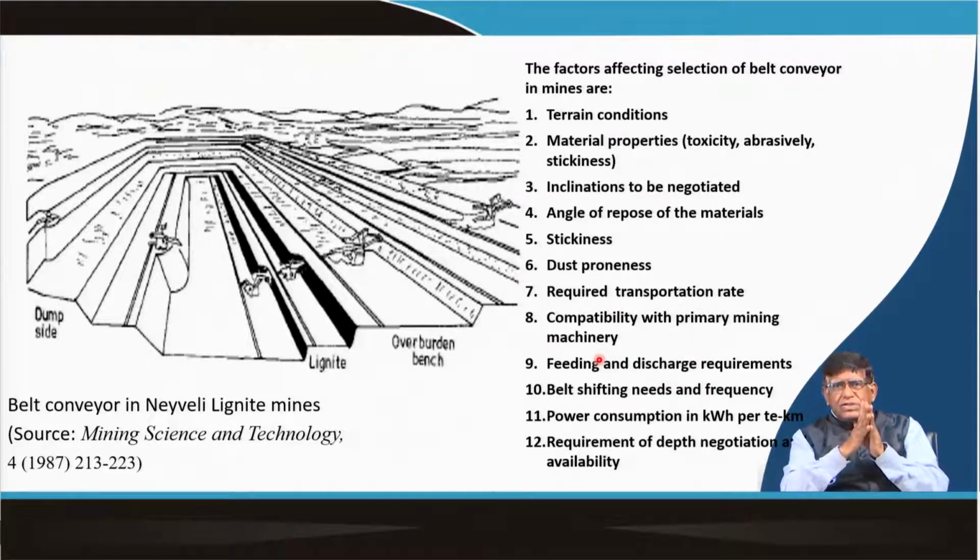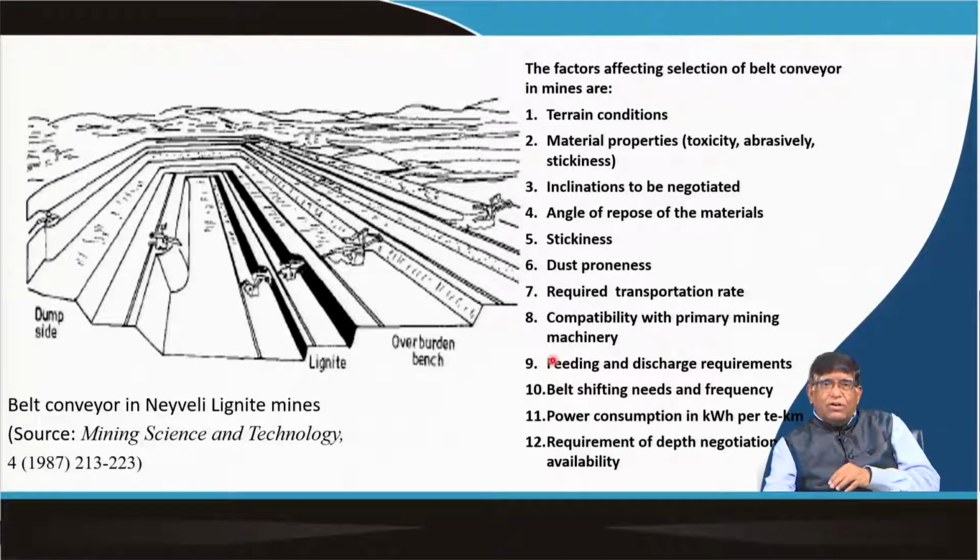So, that means if we are to do a shiftable conveyor belt, these belts are all shiftable, because this machine will be advancing in this direction. The conveyor belt on which this bucket wheel excavator is loading will have to be shifted when this block is mined. If this block is mined up to here, after that this machine will be going to cut the next block, and this conveyor belt will have to be shifted.